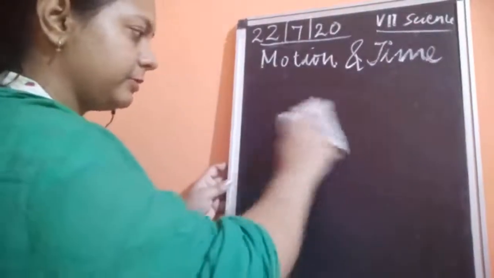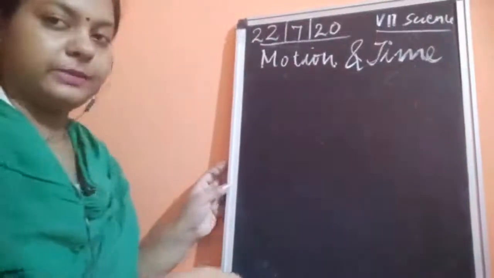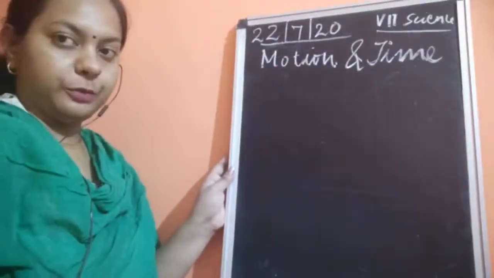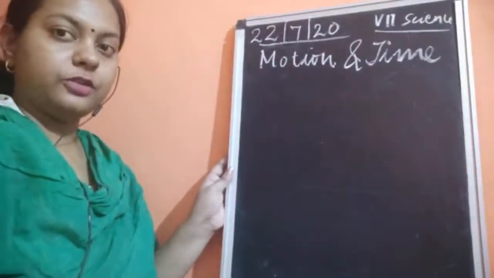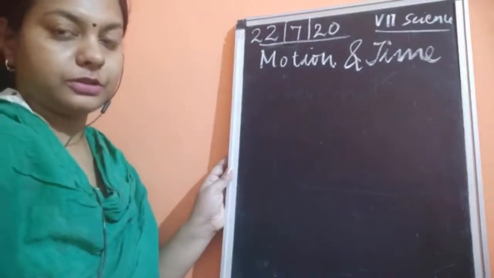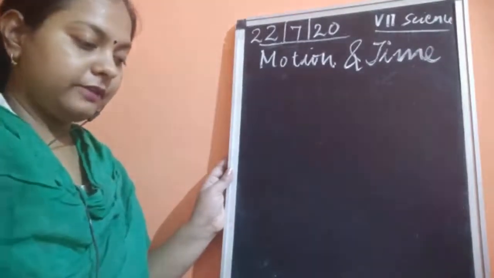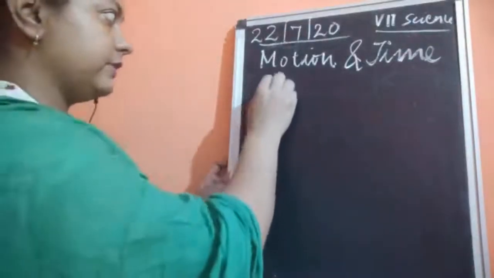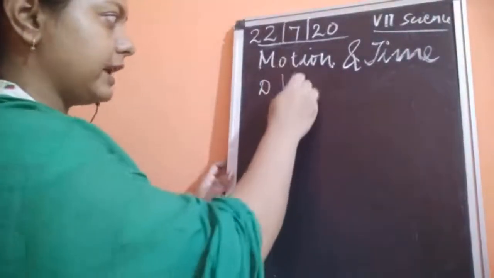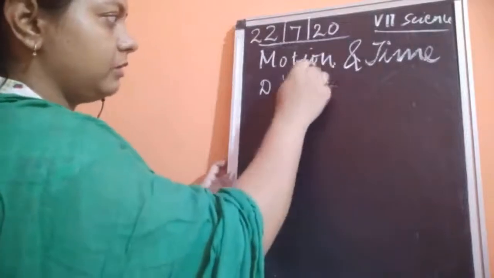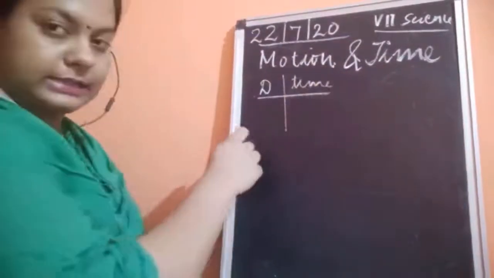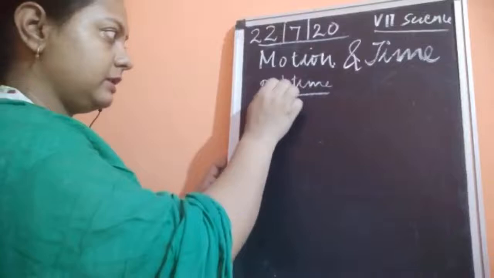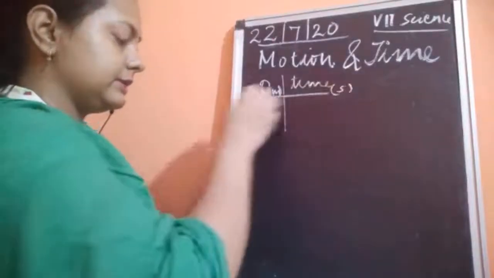We'll plot two graphs so that it will be practice for you on how to plot a uniform motion graph and a non-uniform motion graph. For that you need to have the data with you. So the data we will use is the distance and the time. Distance is in meters and time is in seconds.